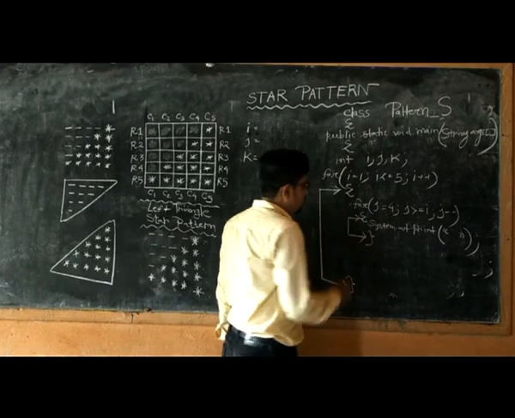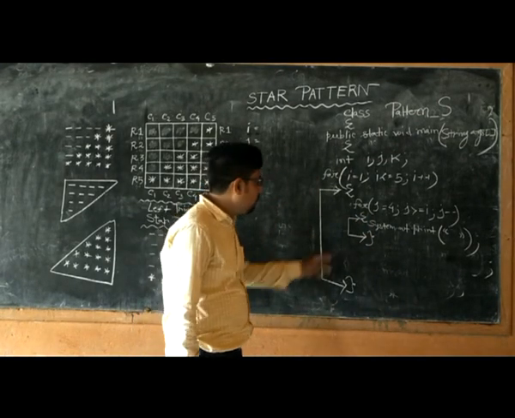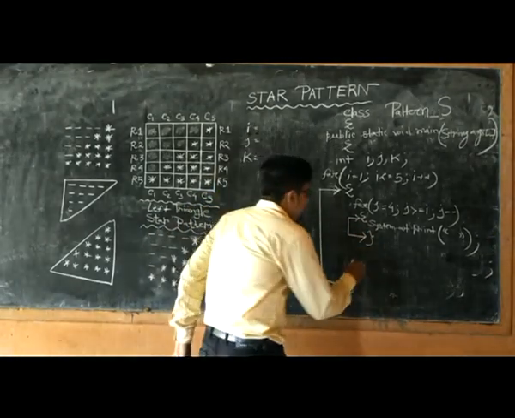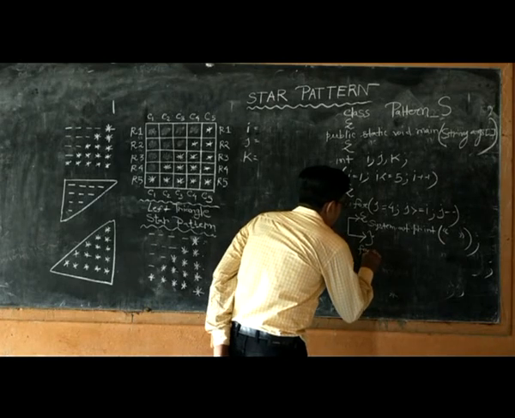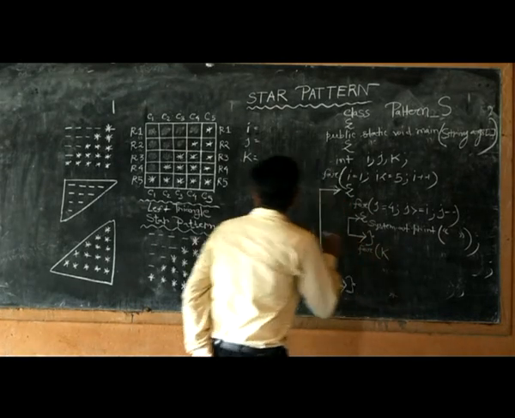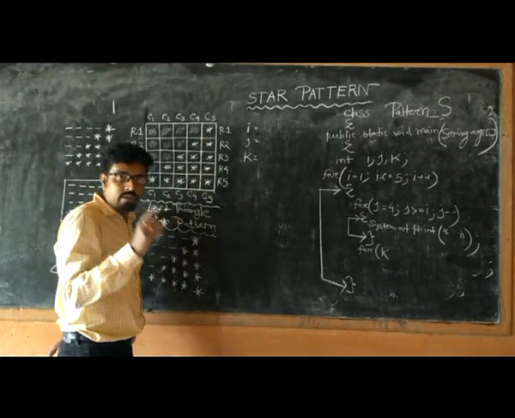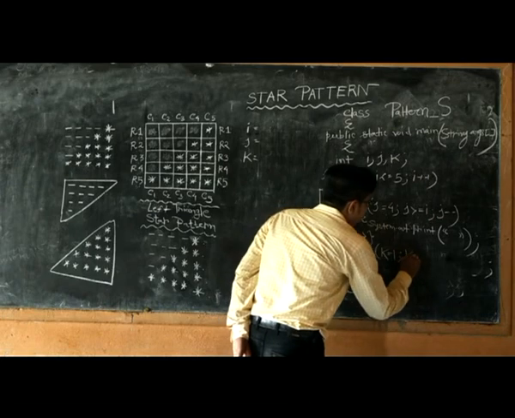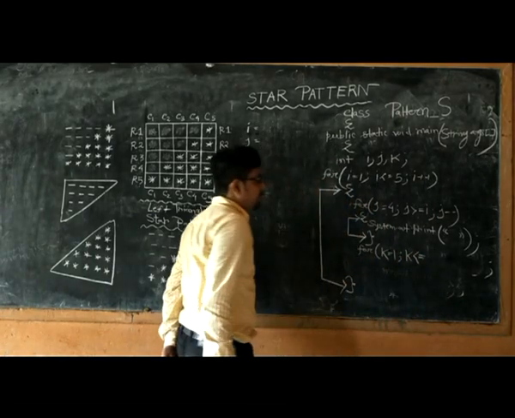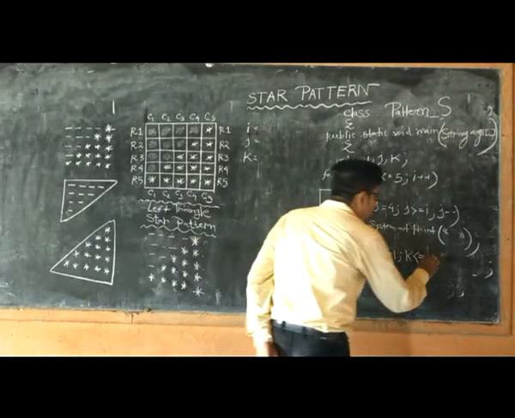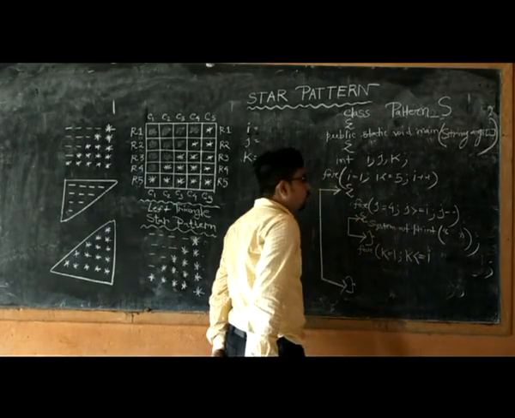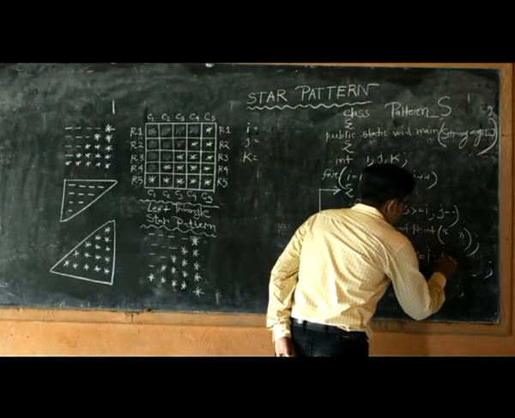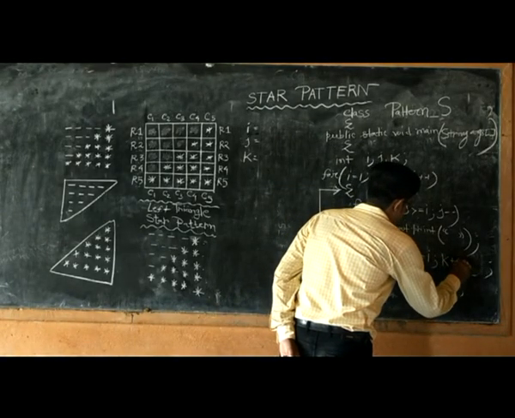It is the nested for loop. With this for loop we need to use, outside of this j block, a k for loop. How many stars are in the first row? One. So I initialize the variable k = 1; k <= i; where i is the current row value, then k++.